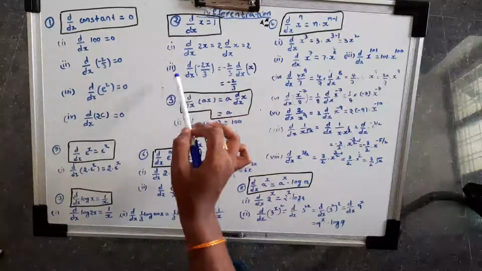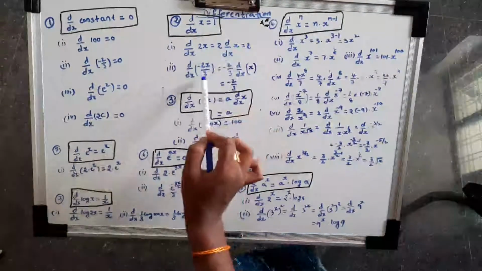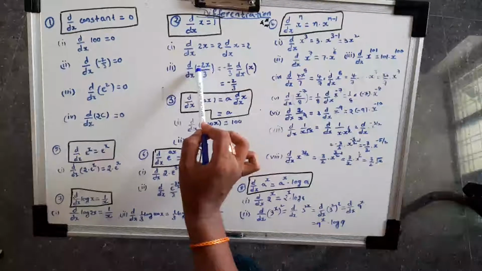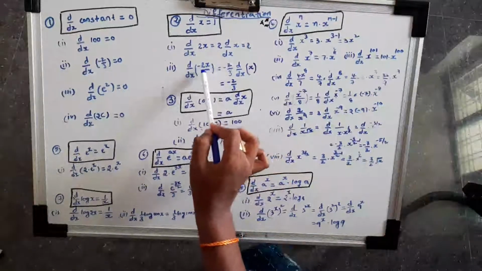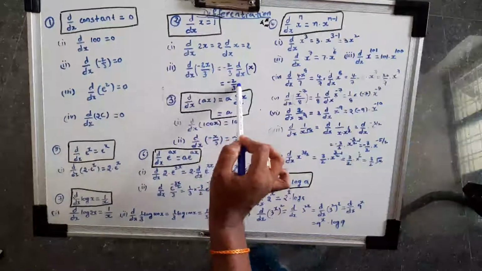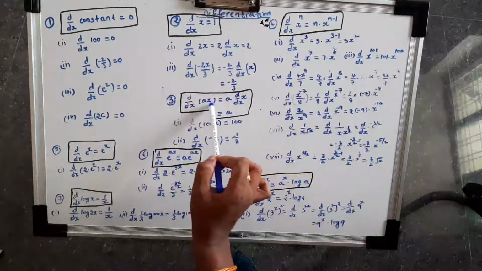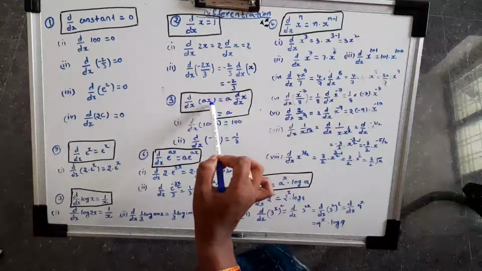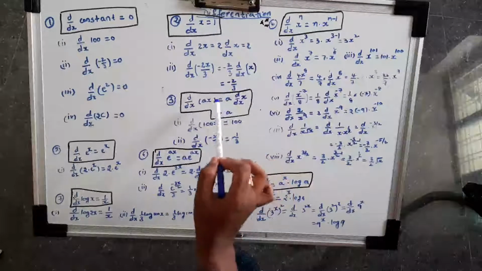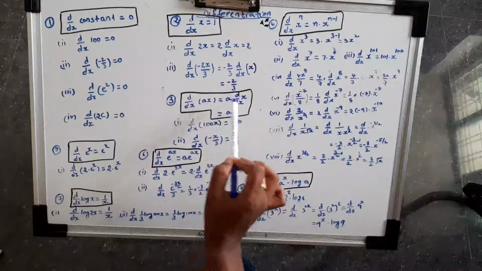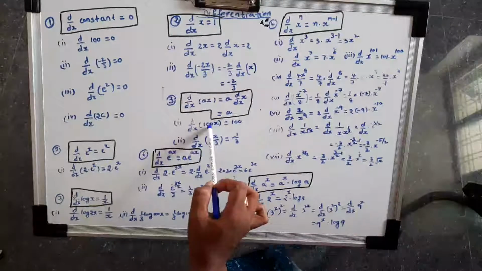In these two problems, if you observe carefully, the derivative of 2x gave 2, which is the value before x. Here also, we got minus 2 over 3, the constant before x. So we can finalize the formula: d by dx of any constant times x, where only x is there with no other powers, since the power of x is always 1, the final answer is the constant before x. Here, d by dx of 100x: what is the value before x? The constant 100.